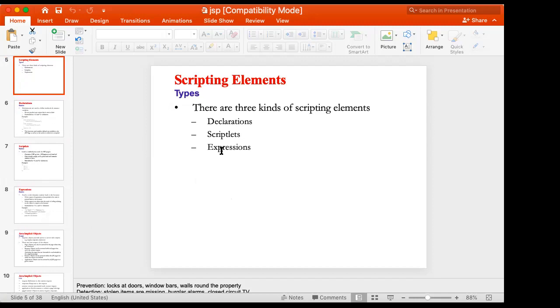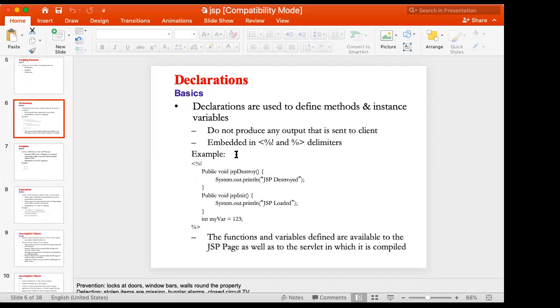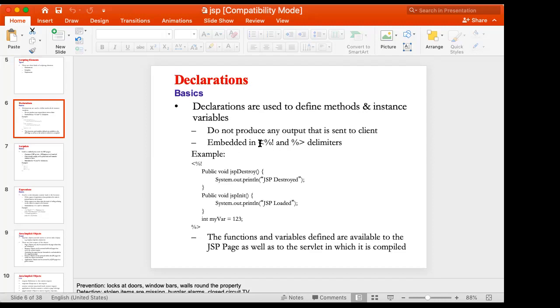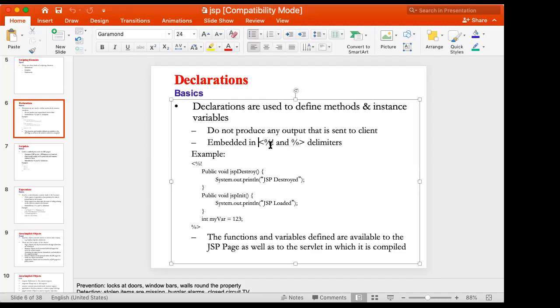So we have declarations, scriptlets, and expressions. Sometimes you can get away with just one. You don't have to use all of them. They're scripting elements. There are also compiler directives where you've got the @ symbol as well, but we'll just look at them. What we're looking at here with these three basic types of scripting elements are the differences in the tags. All of the tags start out with an opening